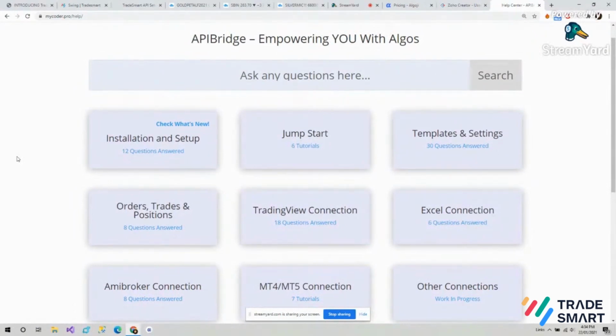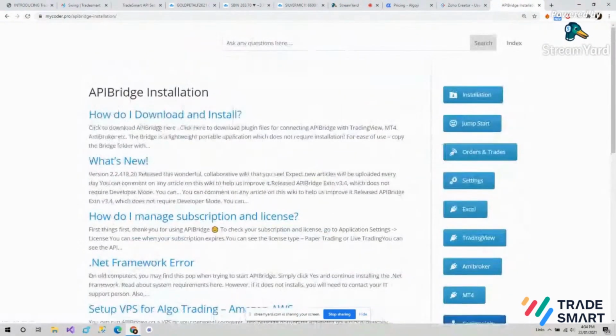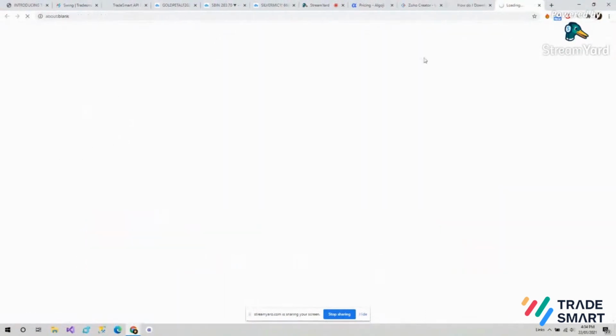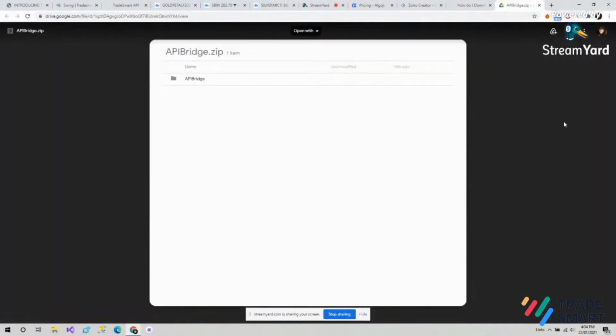The next step that we have to do is, we have to download and install API Bridge. For that, we'll go to installation and setup tab here. When you'll click on this, you'll have to click on how do I download and install. After that, click on download API Bridge and download this folder from here.